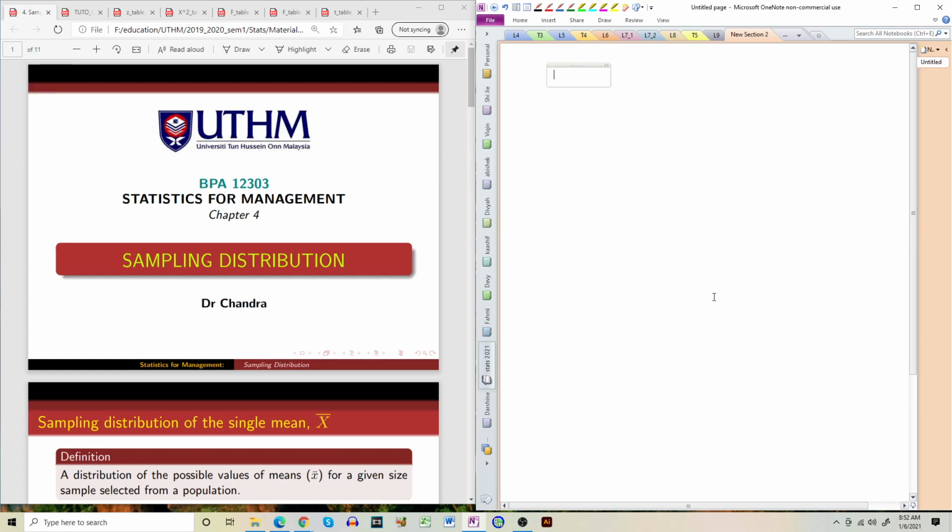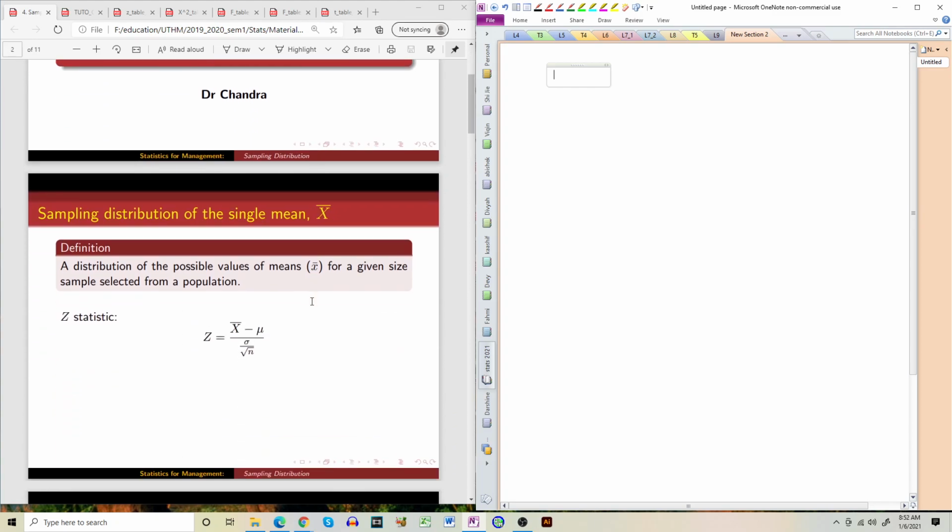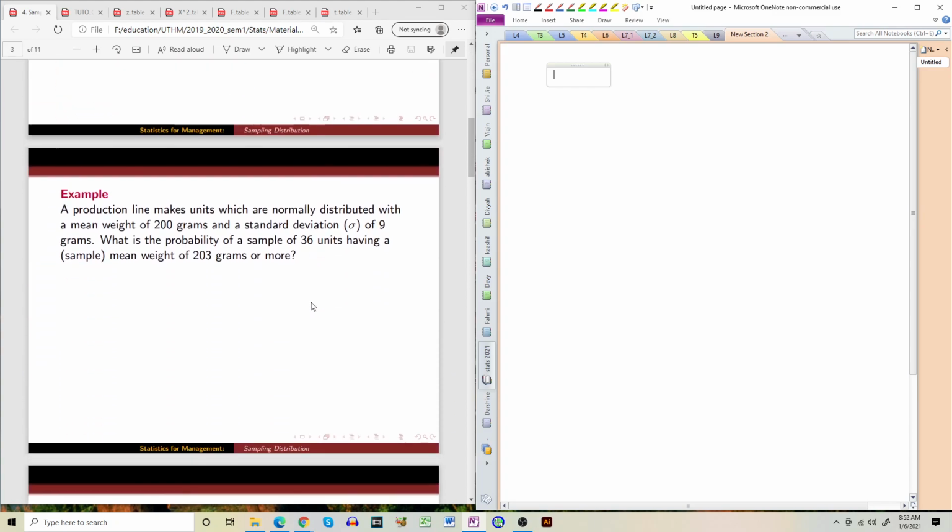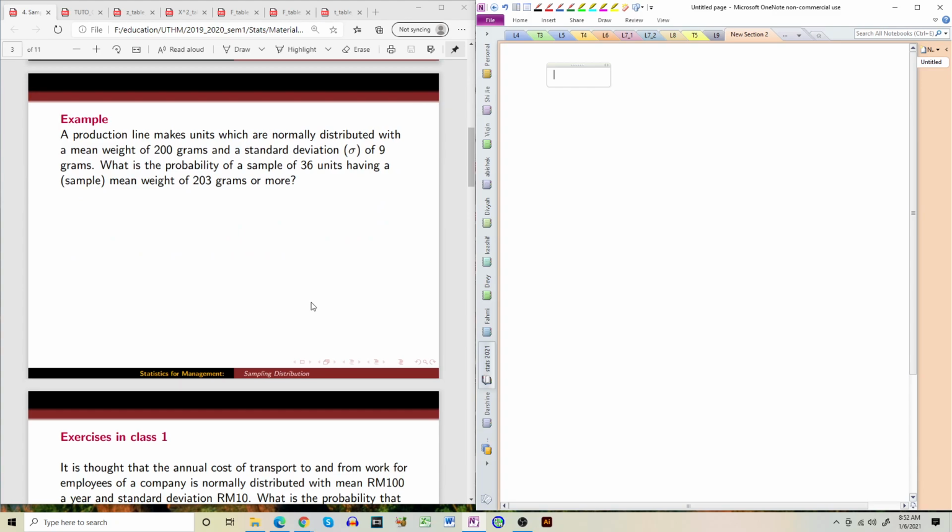Alright, chapter 4. Chapter 4 is basically a continuation from chapter 3, especially from normal distribution. So we are still in normal distribution. Later I will show you the connection between 1, 2, 3 and 4 later in the tutorial. Now let us start the exercise. Alright. If you look at this example, the first example,